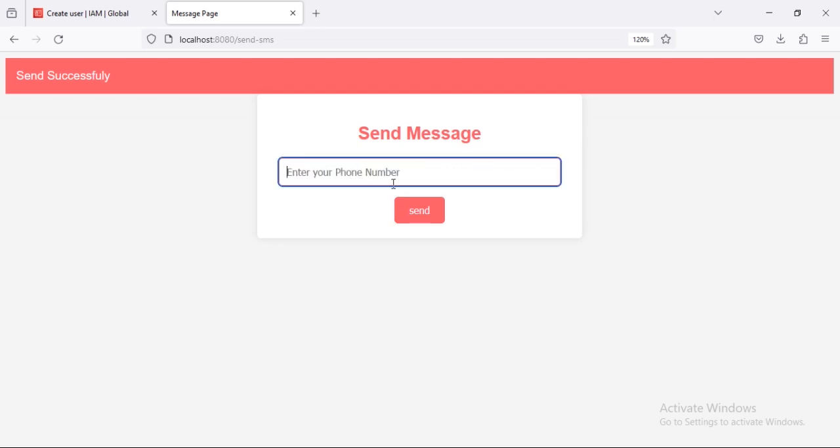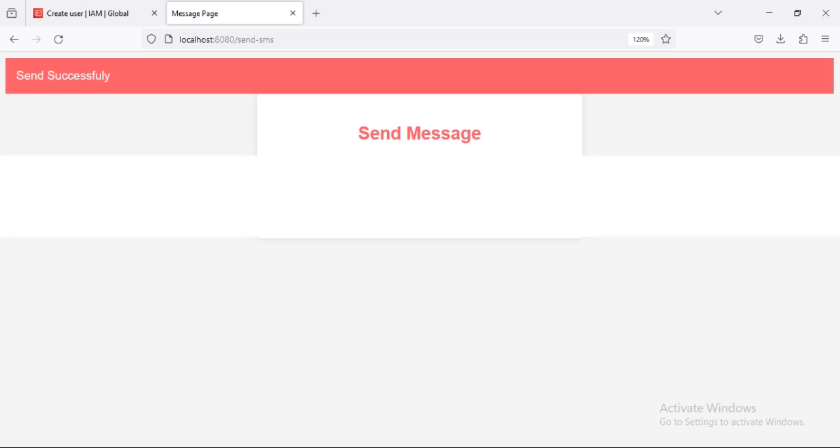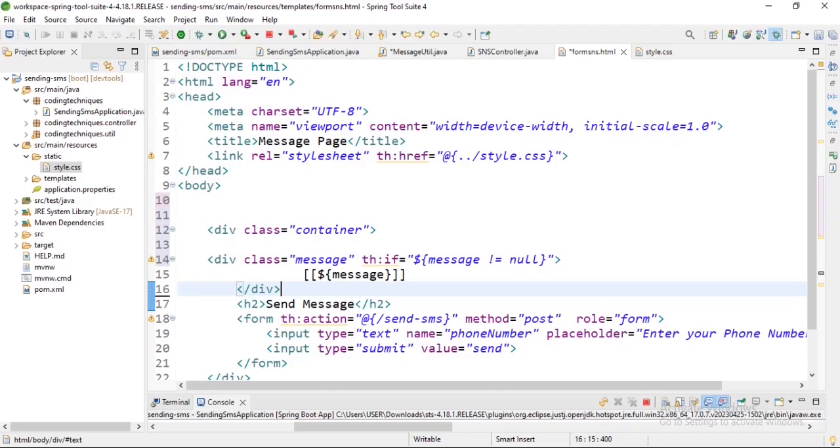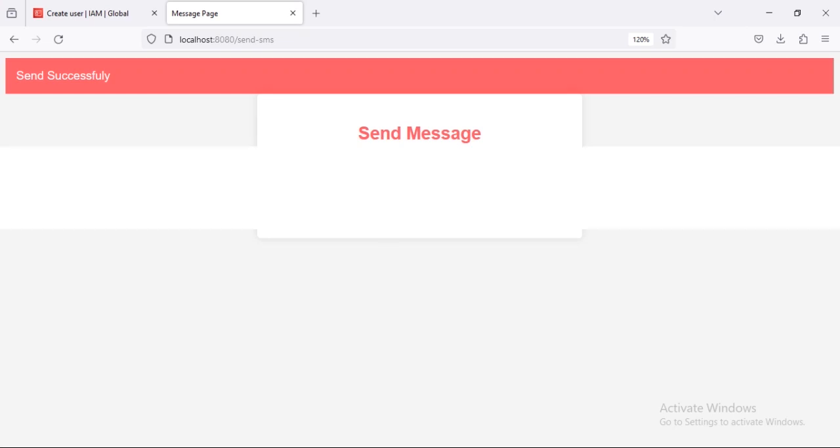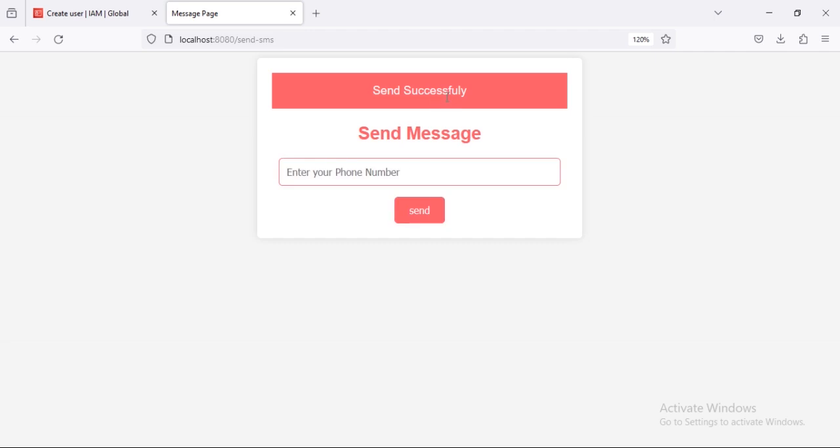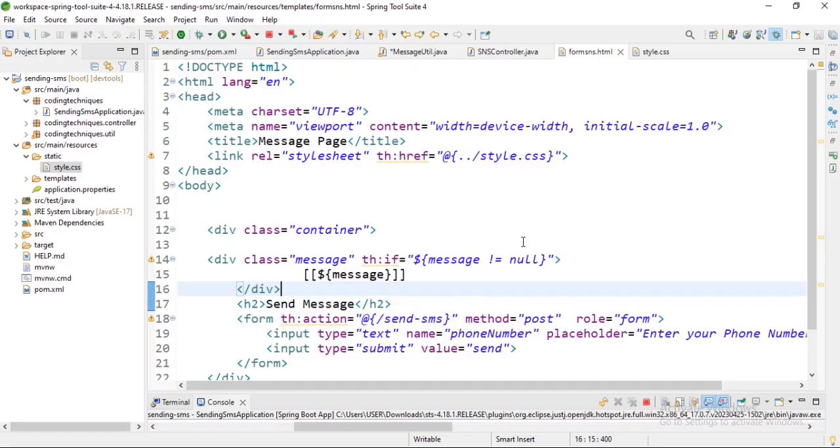Let me remove this. Let me add the phone number again. I will just copy next time. I did not save. Let me save these changes. Okay. Now it is inside this. It is better, and you can add the border radius so that it can look sharper here. Let me do this. The last thing,